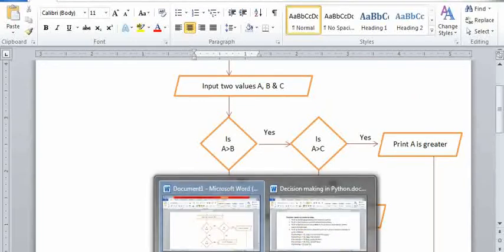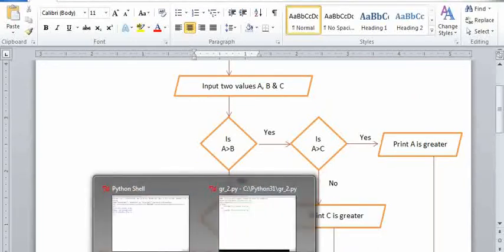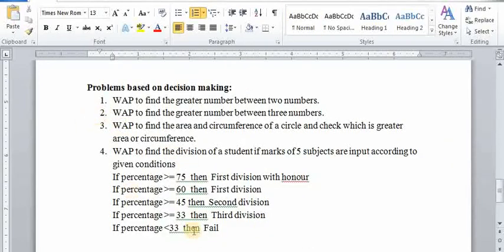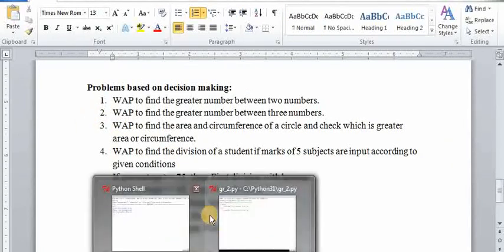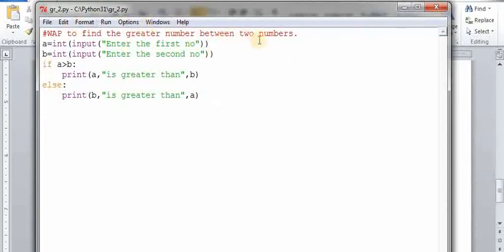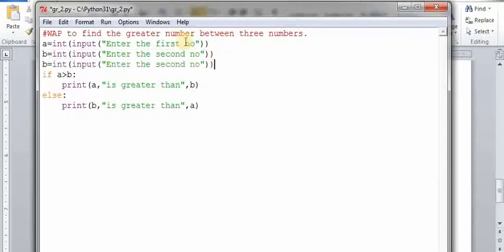Okay, so first of all, copy the problem. No need to copy because I have already written: write a program to find a greater number between three numbers. Okay, now take three numbers here. The third value is c. Okay, enter the third. Okay, so according to this flowchart,